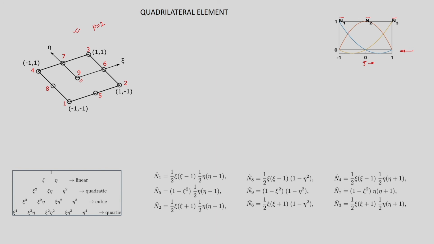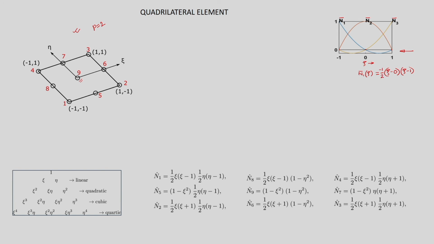Now, how did we construct them? If I just recapitulate a little bit, n1 is 1 at xi equal to minus 1 and is 0 at xi equal to 0 and xi equal to 1. So, we said that n1 bar, that is the shape function for p equal to 2 in the one dimensional case, we wrote n1 bar of xi is equal to, at xi equal to 0 it has to be 0, so (xi minus 0) into, at xi equal to 1 it has to be 0, so into (xi minus 1), and at xi equal to minus 1 it has to be 1. So, that renders minus half.